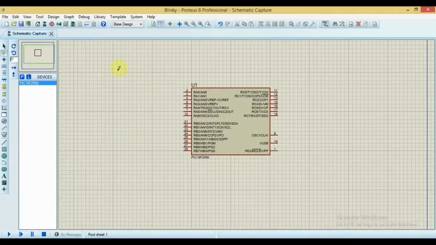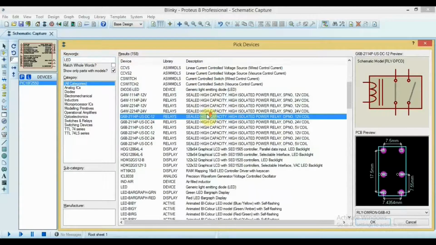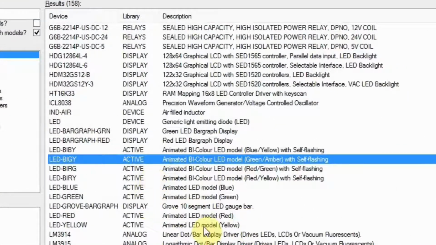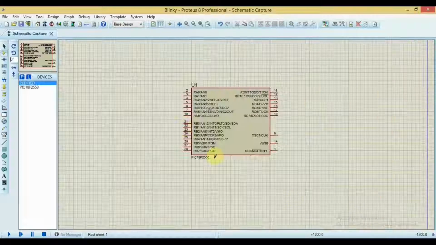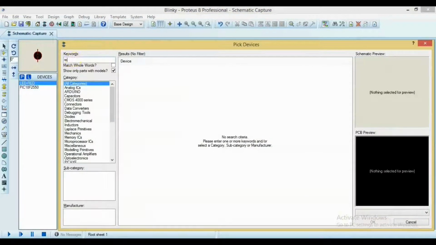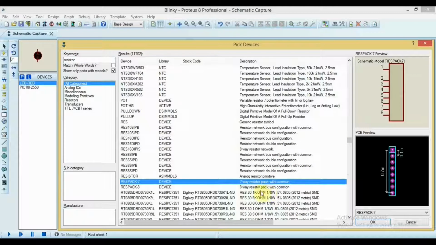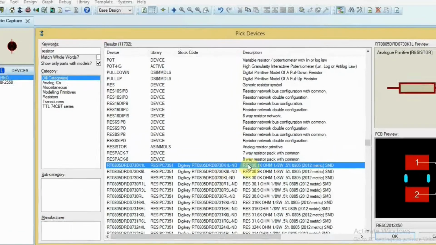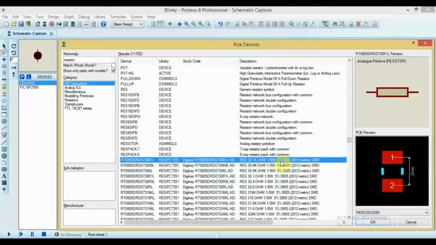Now let's look for the rest of the components. Go to P again, and we're looking for an LED, of course, so LED. There's a lot of LEDs here, so let's look for an appropriate color. Let's take the red one, click OK, and of course we need a resistor for connecting it to the microcontroller, so let's search for a resistor. And oh, that's really lots of resistors, and I don't know, let's take this one. I know it's a 30 kilo ohm resistor, but we can change it later. Okay, let's pick up this one